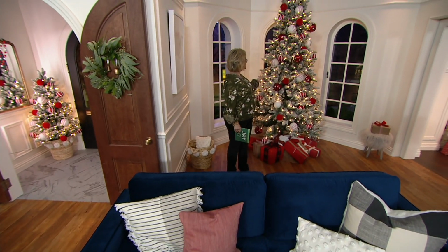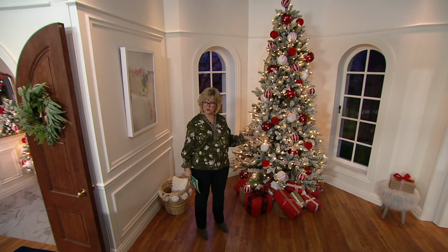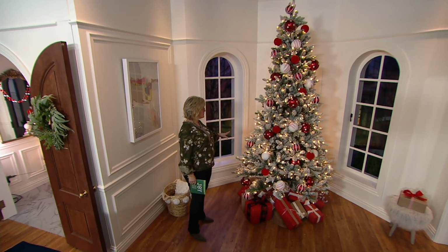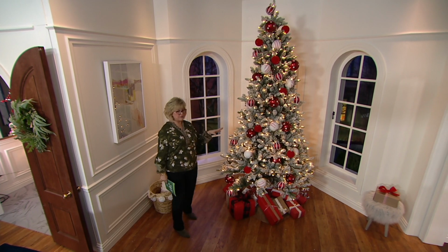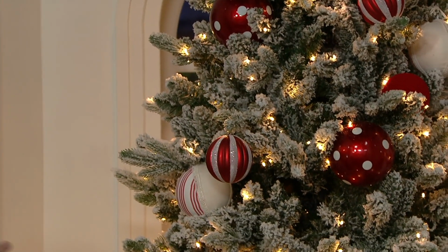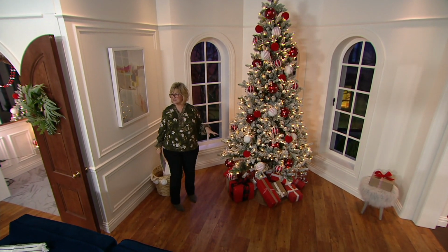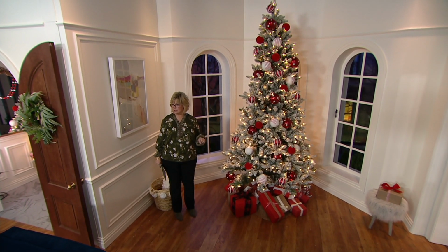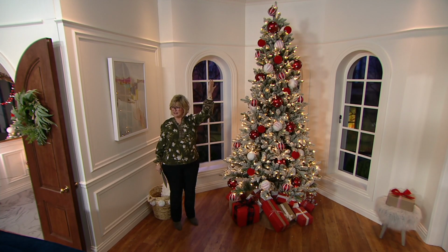Okay, so here's a 9-foot tree in flock. This is now our most limited choice if you want this one. And we just wanted to show you how it looks. We have 3 dozen left. We've got it set up in this beautiful little area that you may have in a foyer area of your home, or maybe in a corner where you've got the French doors or something. It just looks stunning. If you've got a high enough ceiling, get that 9-foot tree. Your ceiling should be maybe 10 feet high, I say at least, so that you have room